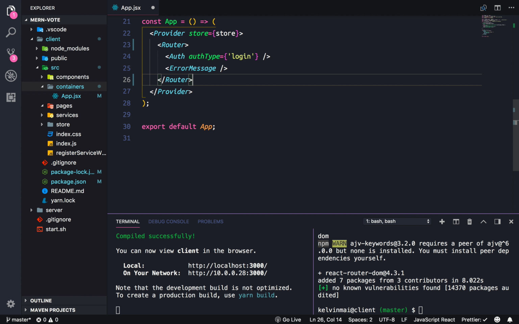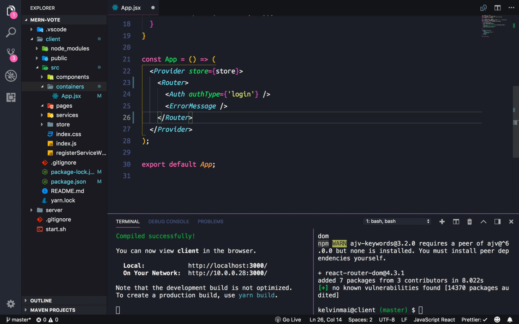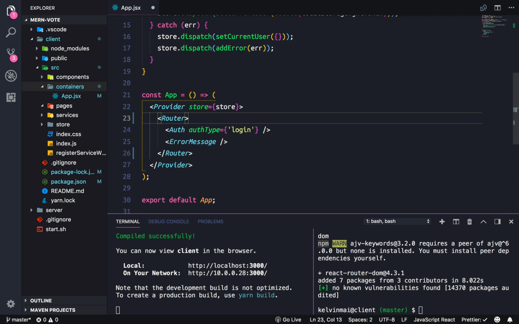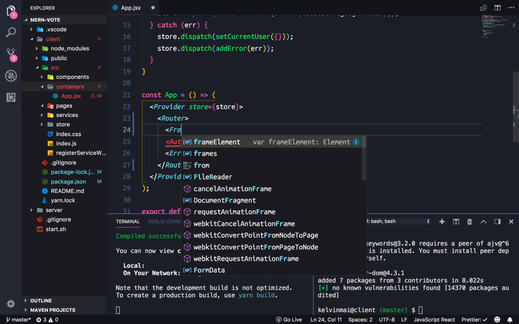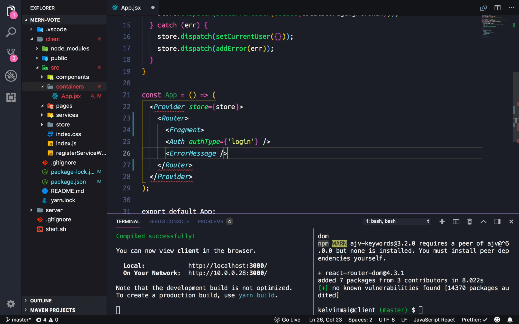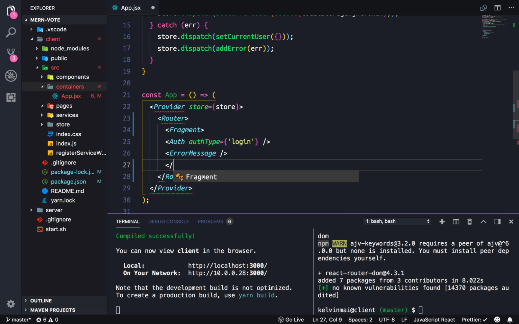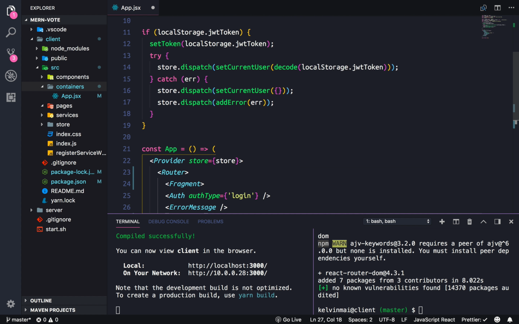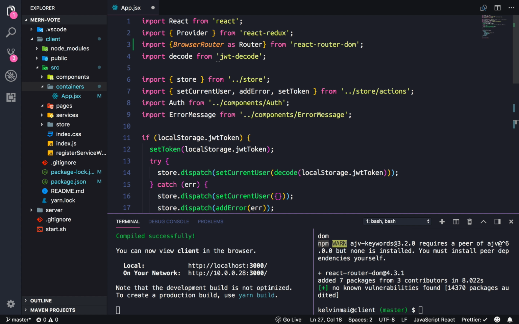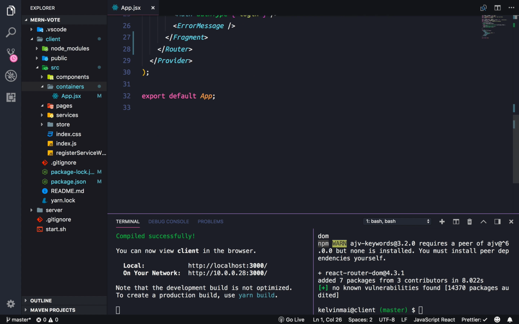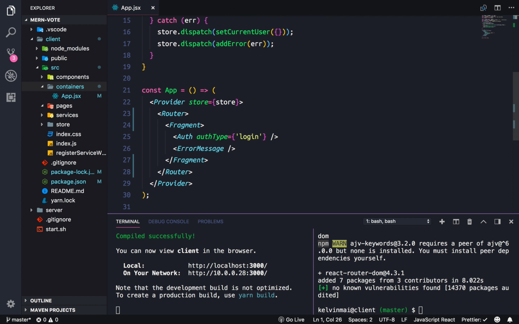and I believe we still need a div, but I don't want to use a div here because it's going to get a little messy, so I'm going to use the fragment that we used earlier. So there we go, and then make sure that we destructure the fragment. Fragment comes from React. Everything works fine, and then